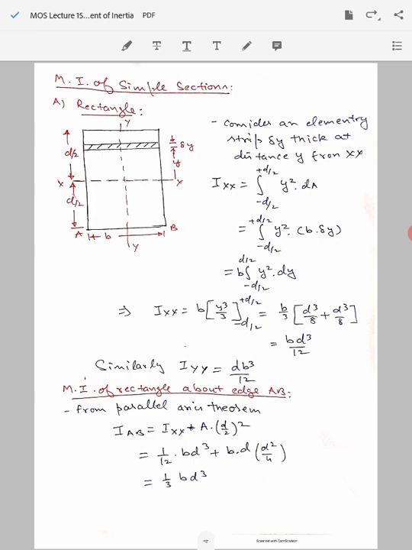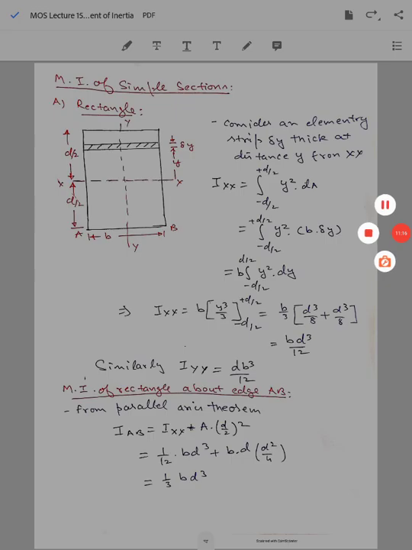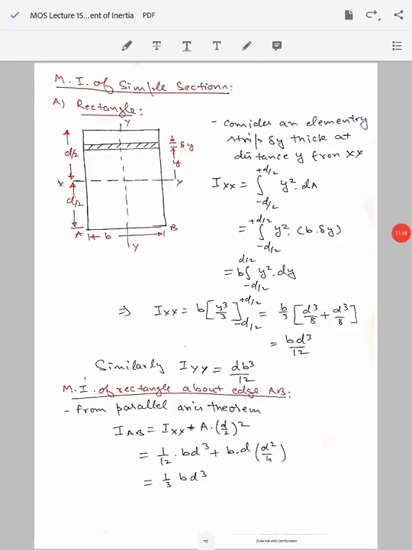Now let's apply the things that we have learned so far, and we are going to use some of the propositions that we have just seen. Let's start with a simple rectangle. Let's have a beam which is a rectangular one, and you need to find the bending stress for that beam. You know the formula sigma by y is equal to M by I, and in order to determine the bending stress sigma, you need to determine the moment of inertia of that rectangular beam. So you need to find out the moment of inertia of a rectangular section.